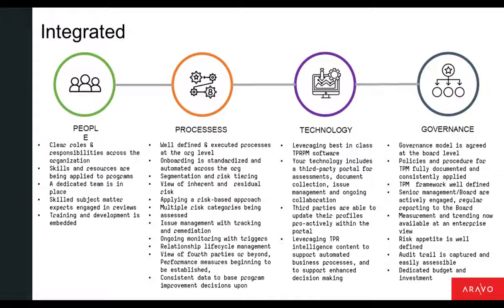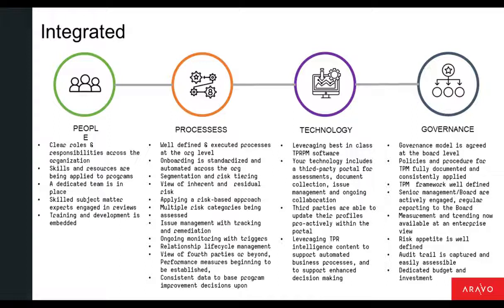I think a lot of times what we see with our clients is they will get started, at least in their relationship with Aravo, in a specific risk domain or maybe a few risk domains like anti-bribery, data privacy, and information security. Those tend to be the three most common. And they can do that across the various stakeholders responsible for those risk domains, getting a handle on it, establishing a common risk register, starting to develop their control framework in terms of how to triage and mitigate risk and take action against it. And at the defined level, that's a really good thing to see. If you've got those three risk domains happening together in a system, that's fantastic.